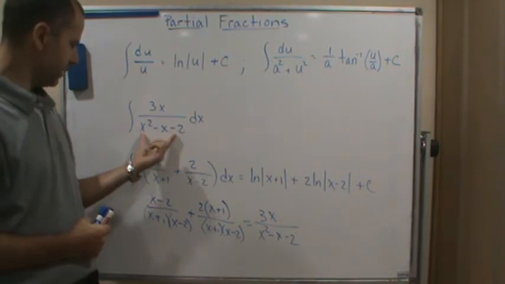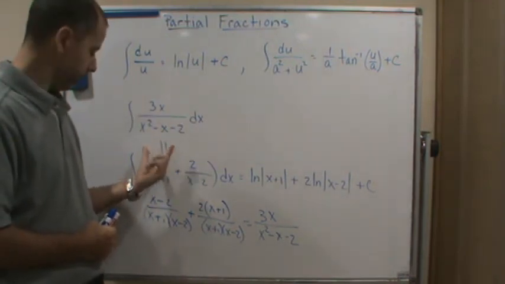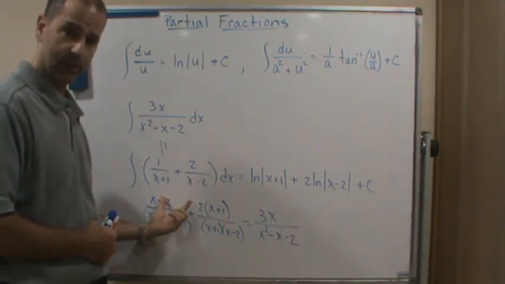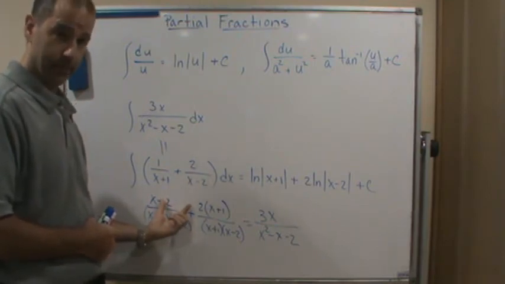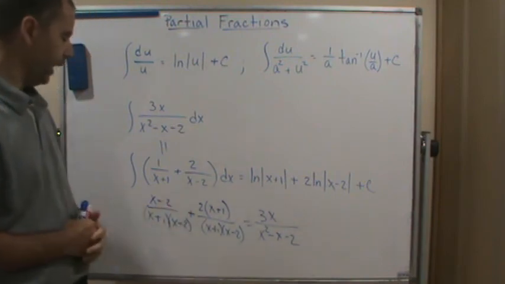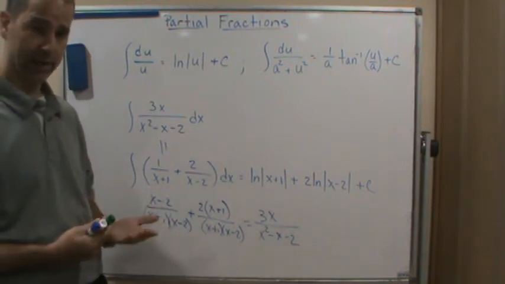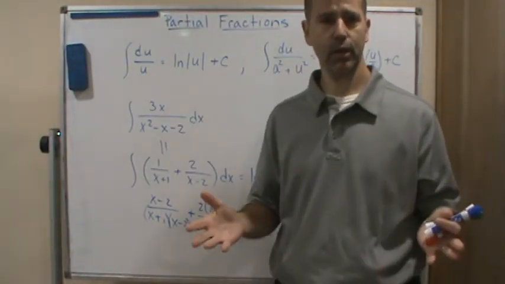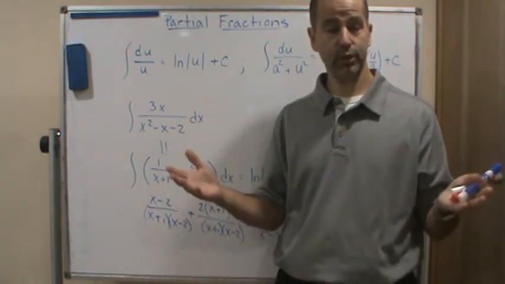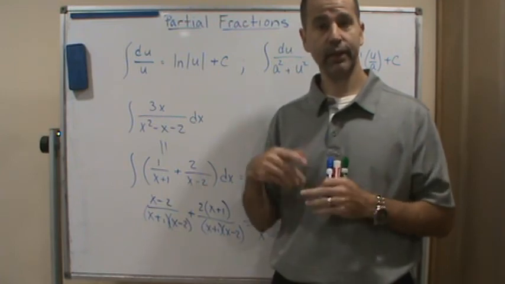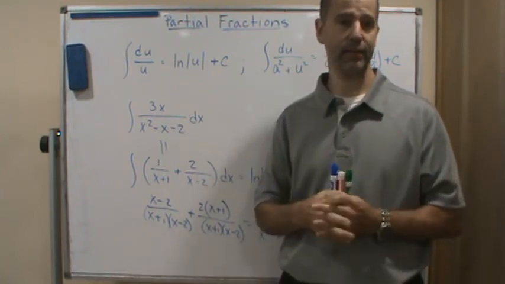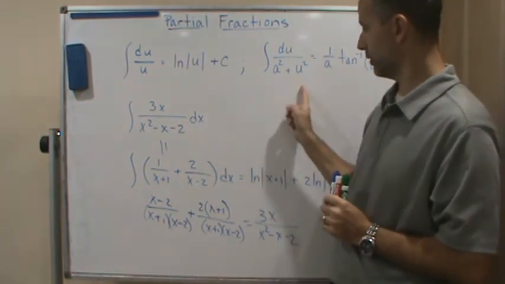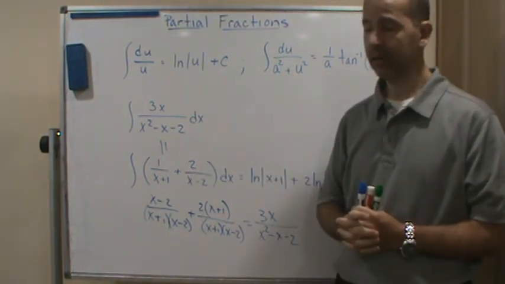So in this case, we take something that we don't know what to do with and we decompose it into a sum of simpler fractions, simpler quotients that we can integrate easily. Okay? And so that's where the method of partial fractions comes in, because we're going to use this method to decompose quotients into sums or differences of simpler quotients that we can then integrate using other techniques, like for example trig substitutions,